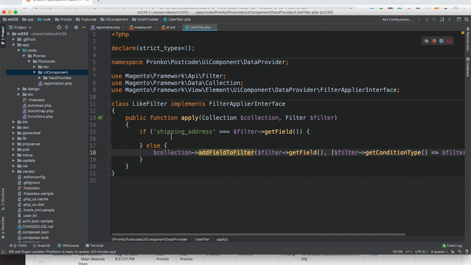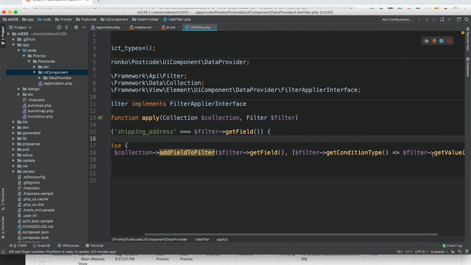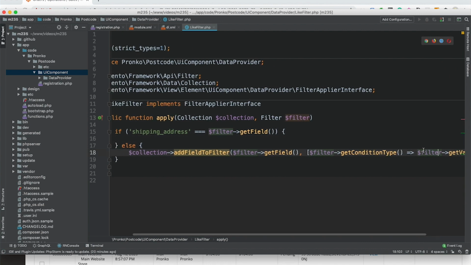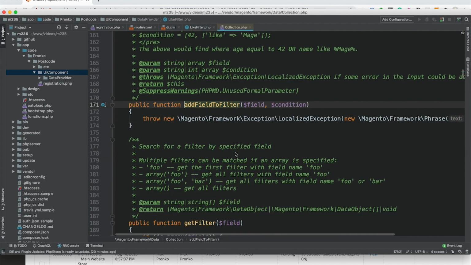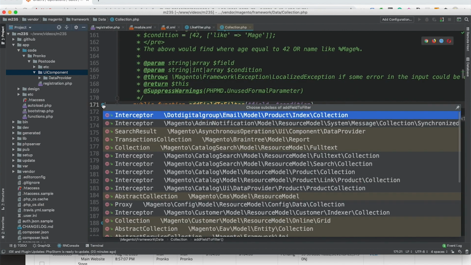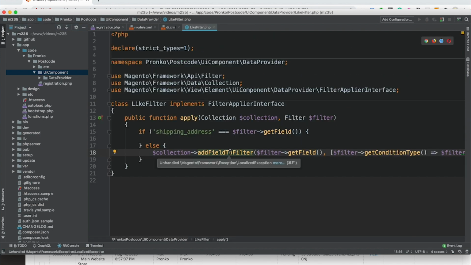So for example, whatever I write here will appear as the filter getValue. For our example, we have to provide more than one value, and it means that we will have to call addFieldToFilter in a different way. If we check the implementation of this method, we will find out that it allows us to provide an OR condition.